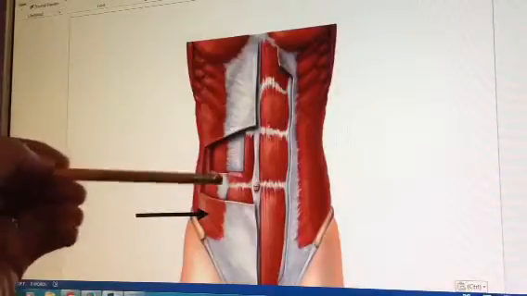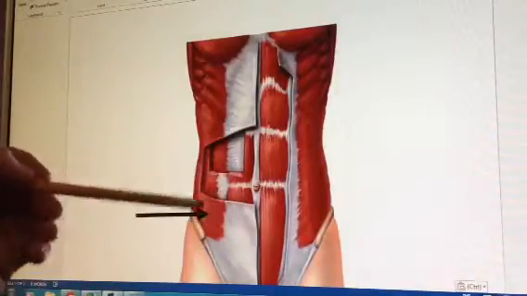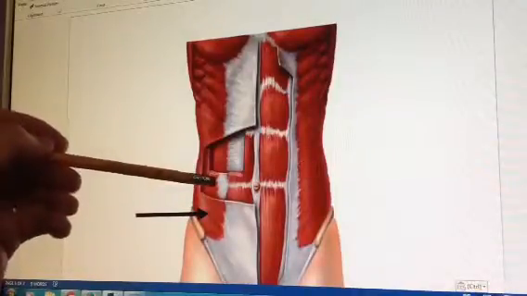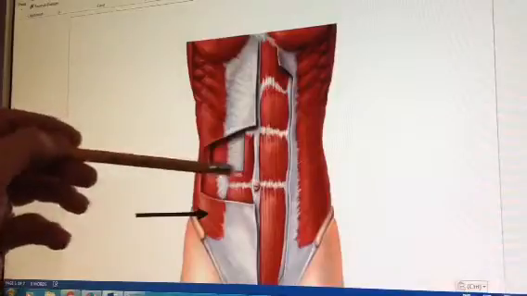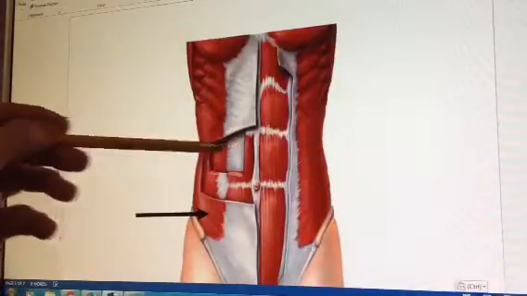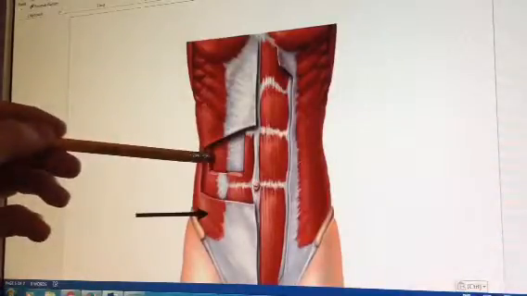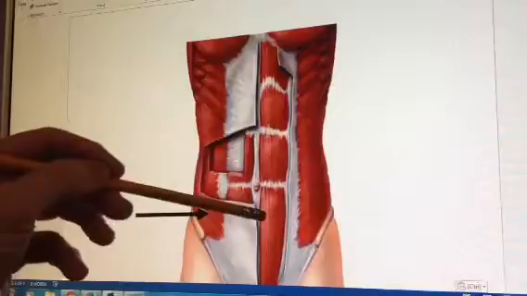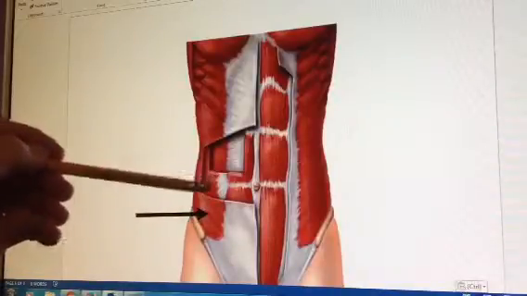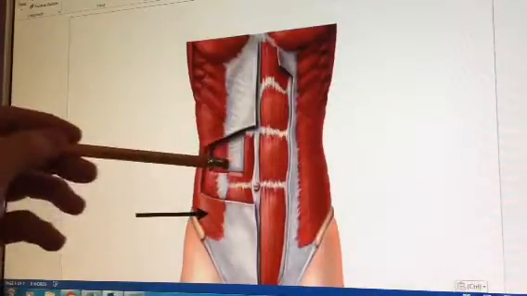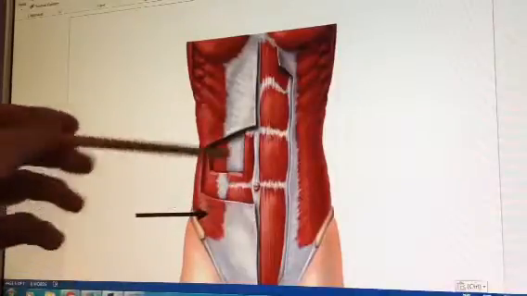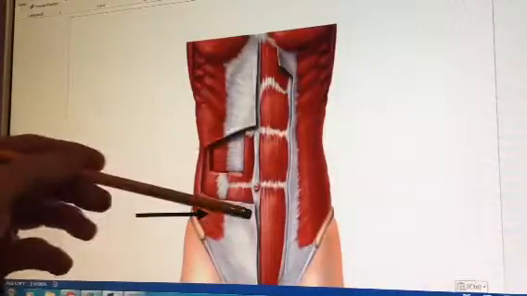Again, they're running at an angle here, but at a different angle than we see the external obliques. And then if we peel away the internal obliques, we get the transverse abdominus. These muscles run transverse or sideways over the abdomen. So this is the deepest of the abdominal muscles. So you have the rectus abdominus, external obliques, internal obliques, and transversus abdominis. All of these together flex the vertebral column or compress the abdomen, which is the motion you would make in